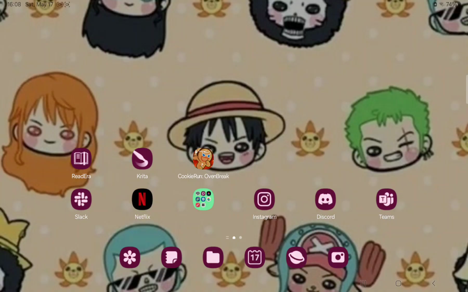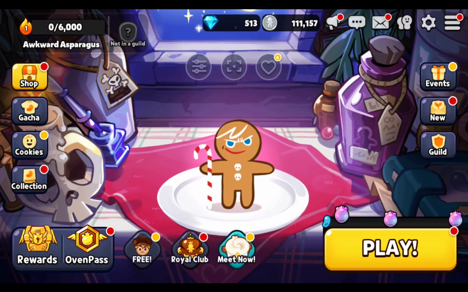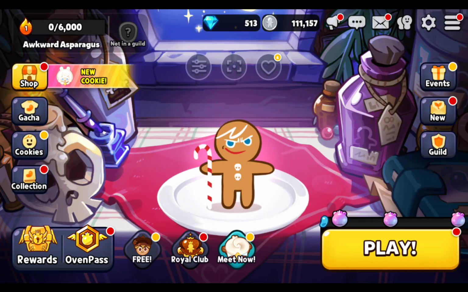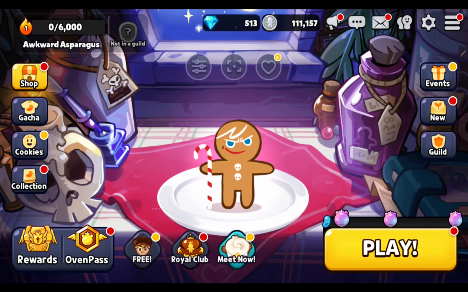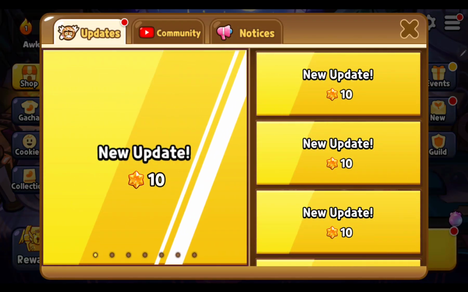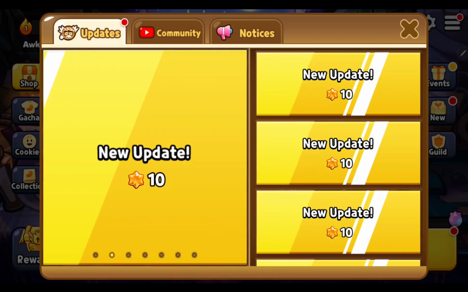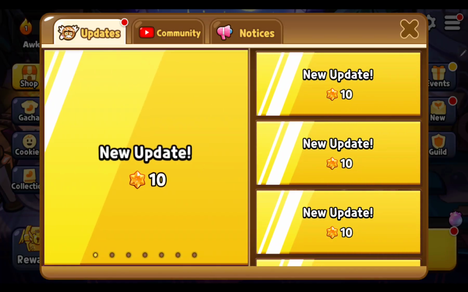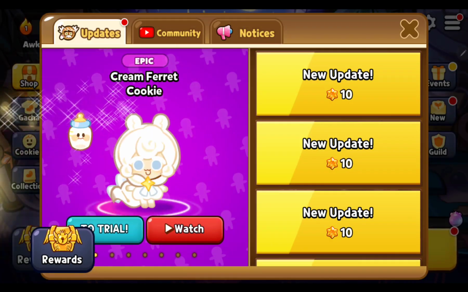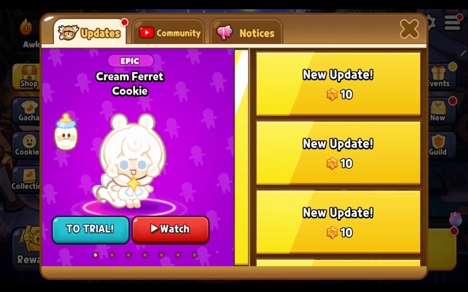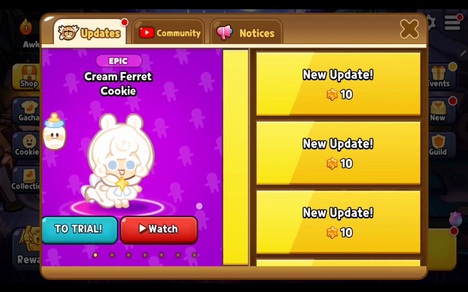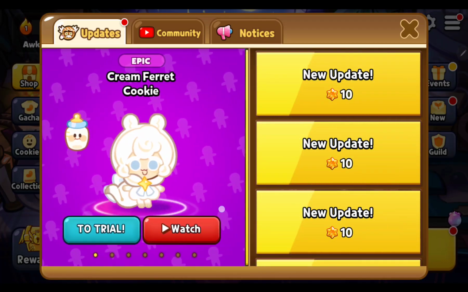So let's jump into it. First of all, open the application on your device. That's the home screen and you can find different buttons. Go to the upper bar on the screen and click the megaphone icon, and here you can find the first section, the updates, and you can check the updates. Now click one, you can trial and you can watch, for example, Cream Ferret Cookie